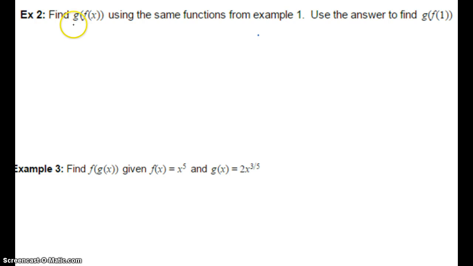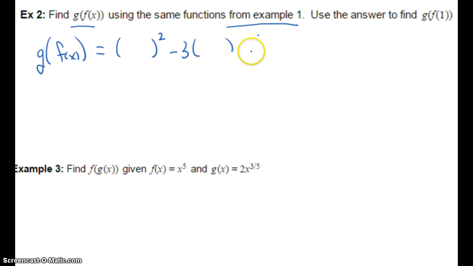Here we're being asked to find the composition of g of f of x using the same functions from example 1, which you have in your notes. I really want you guys to pay very close attention to that outer function, in this case being g right here. If we look at that definition from example 1, we see that it's going to be whatever we feed it squared minus 3 times whatever we feed it plus 4, and we are feeding it f of